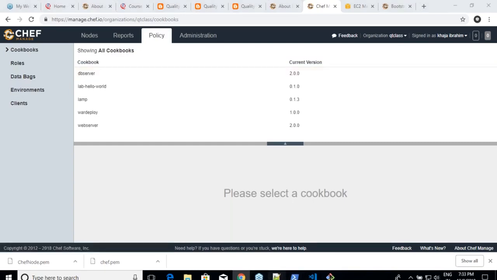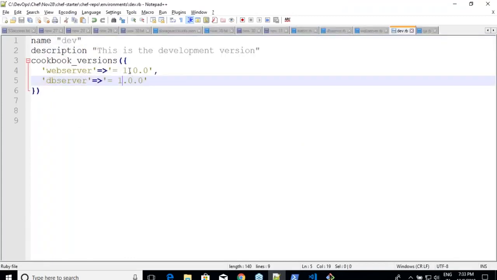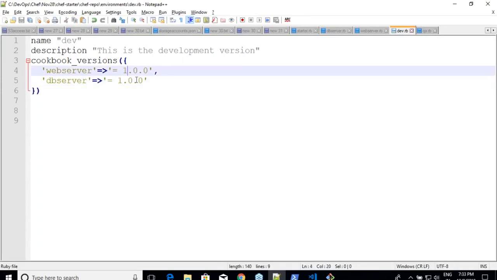So what is that we have? Dev.rb, right? Here. And what is that we are uploading? Web server. I'll put the version equals to. So now what you're trying to do is, yesterday remember we have done on Tomcat 7. Your architect comes and tells you that you have to work on Tomcat 9, but it has to be applied only on which environment? Dev environment. So I have written a new cookbook and I know that this cookbook has to be uploaded only to the dev environment. So I have come to the dev environment, made the change over there, and I've said that